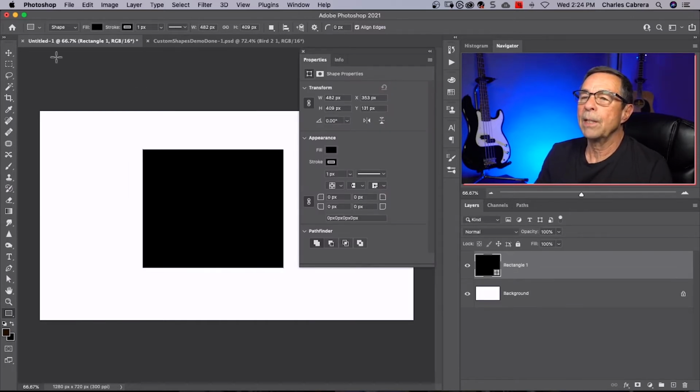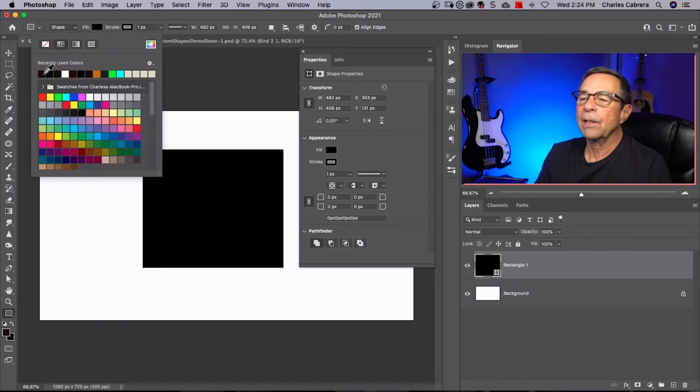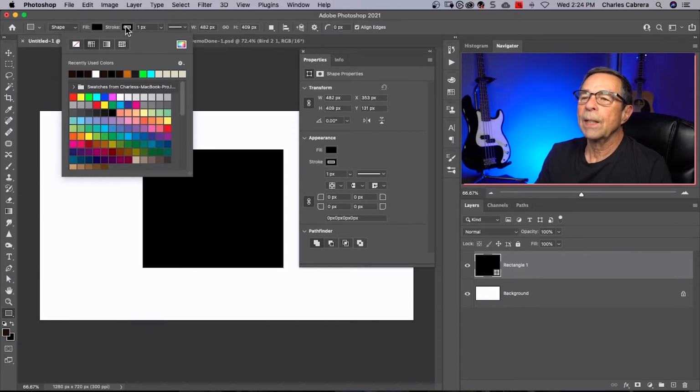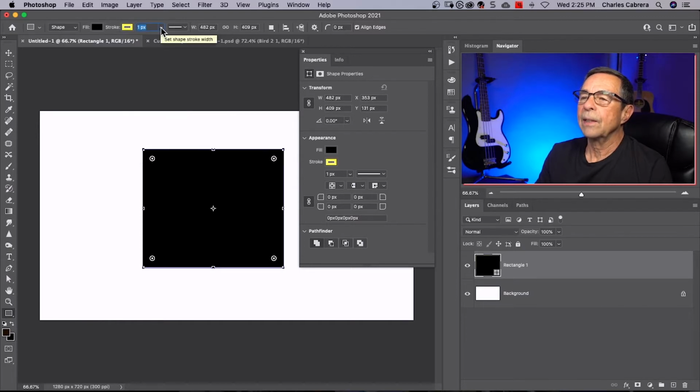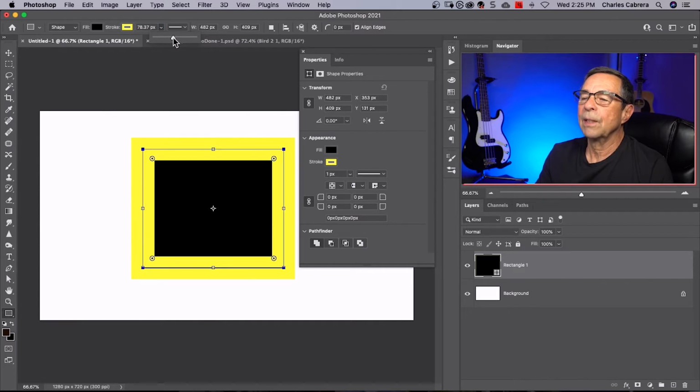Let's go up here to the top menu and explain some of the toolbar options. So we definitely want Shape, that's definitely the mode we want to work in. Fill, if you click that, that is the fill color of your shape. You can choose from any of the colors in the swatch here. Stroke, I'll show you what stroke does. If you click on that and you click on another color, you can set the stroke width right up here, and I'm going to change that and you can see what stroke is.